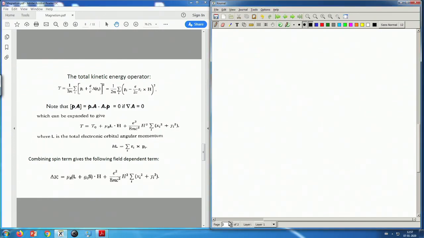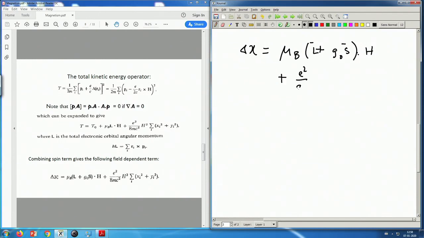So, the change in the Hamiltonian will be the change in the kinetic energy, plus there is a mu_B g_0 S dot H term. All that, if you combine, your change in Hamiltonian is just mu_B (L plus g_0 S) dot H. So, this is L_i and S_i dot H. I have summed over all i's. So, this is the total, okay,